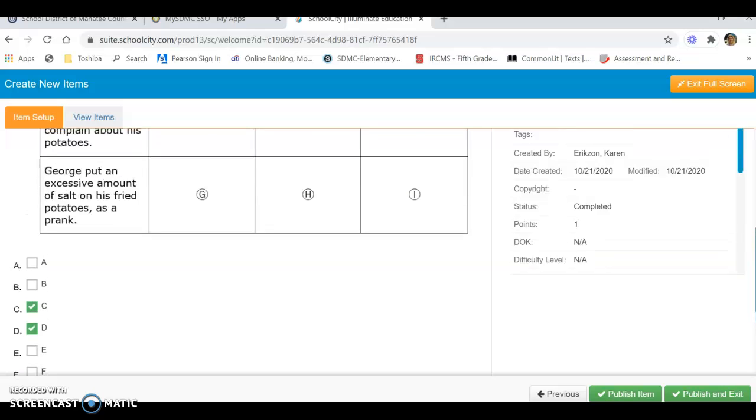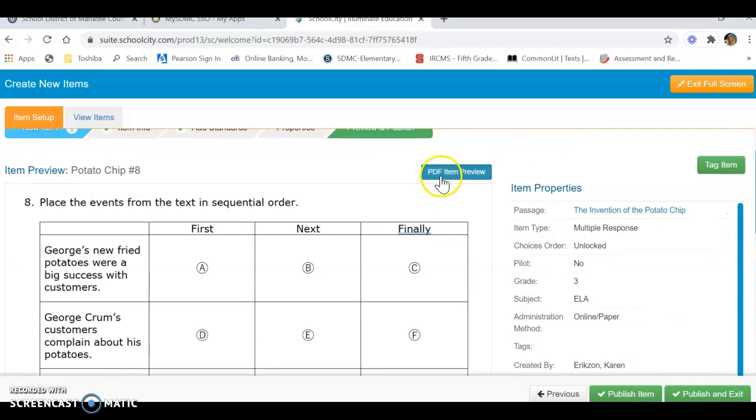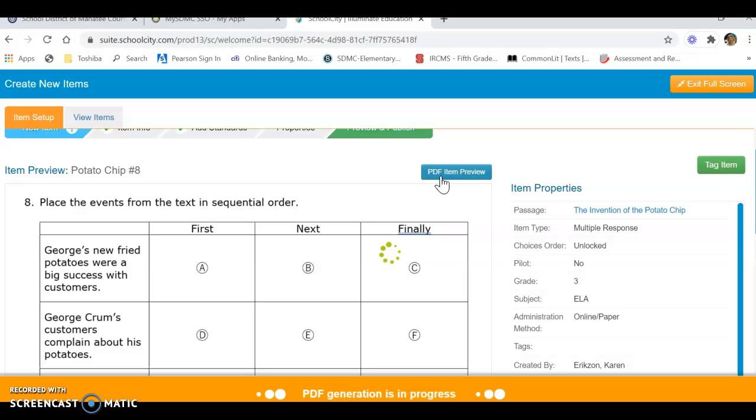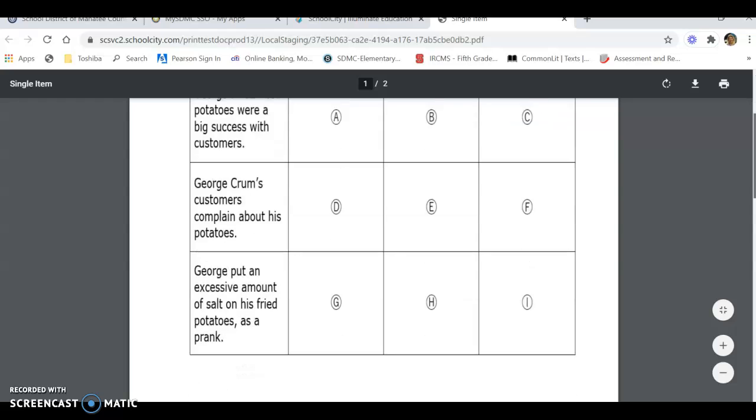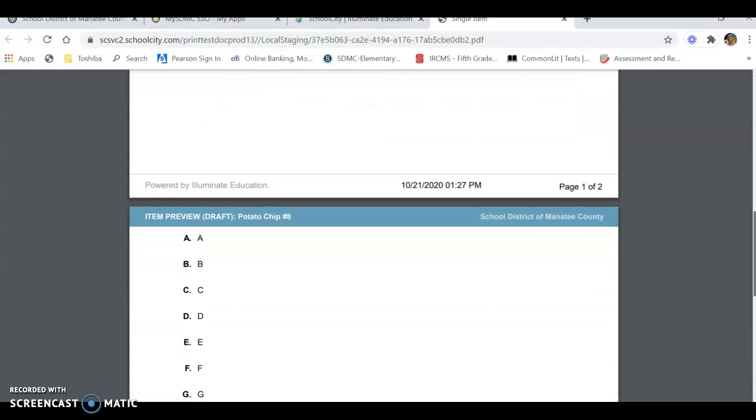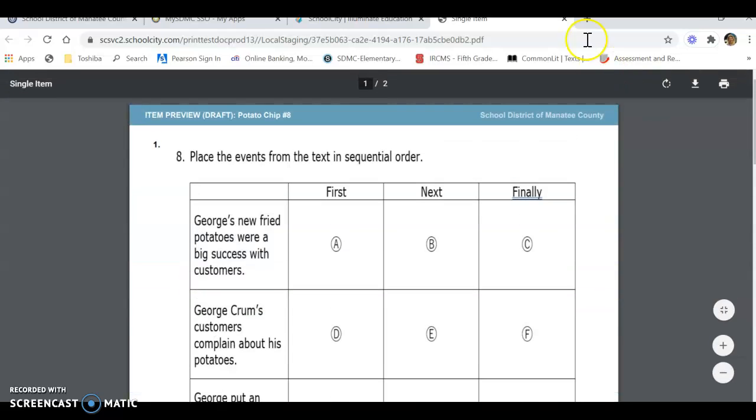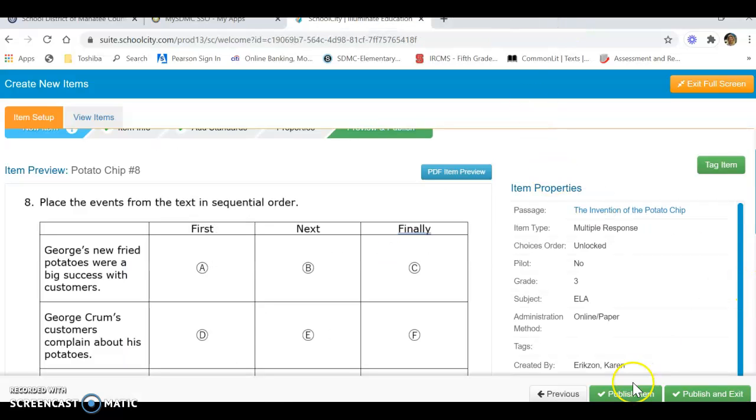Okay, just so you can take a look and see what this looks like, we're just going to review this as a PDF item so you can see what the item will look like on the test, which we'll review in a few minutes when we look at the whole test. I just wanted you to see what this looked like on the test. It won't look quite that way, but that's the way it's going to be set up. Okay. All right, so now